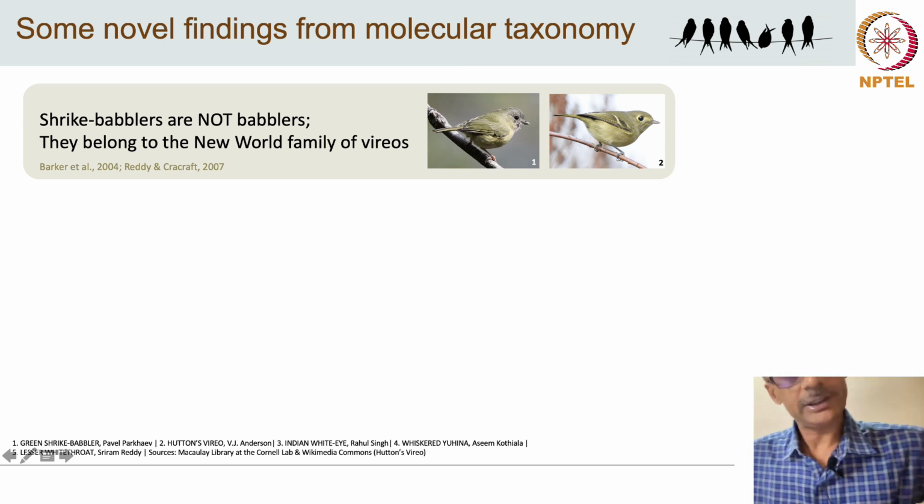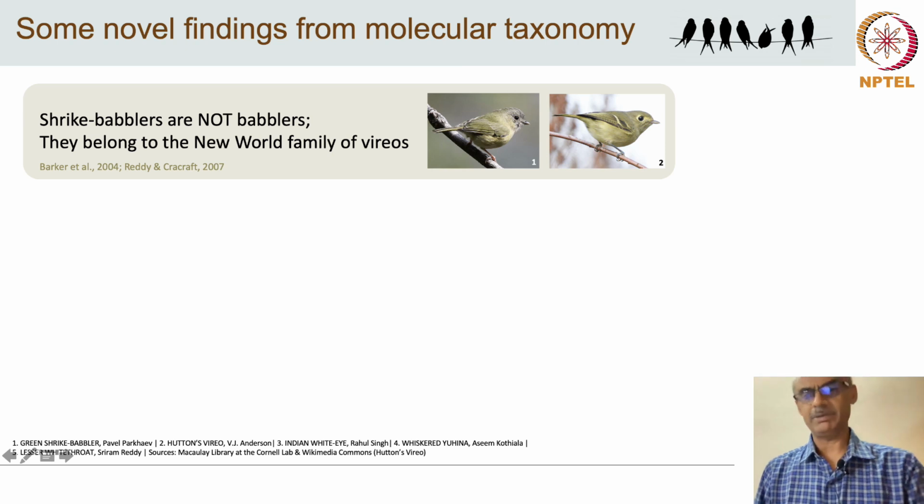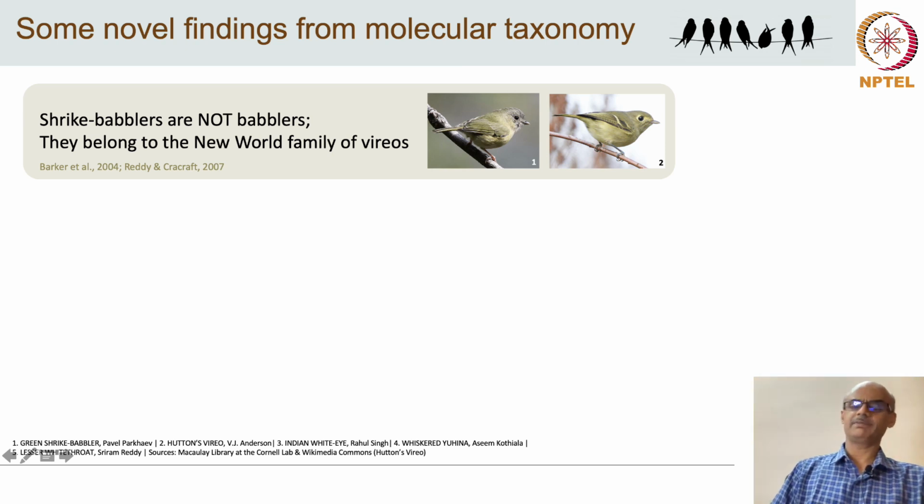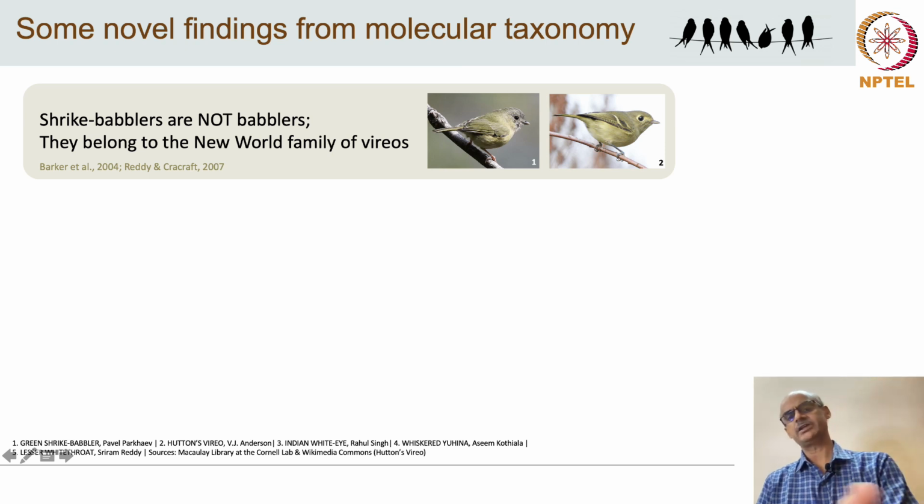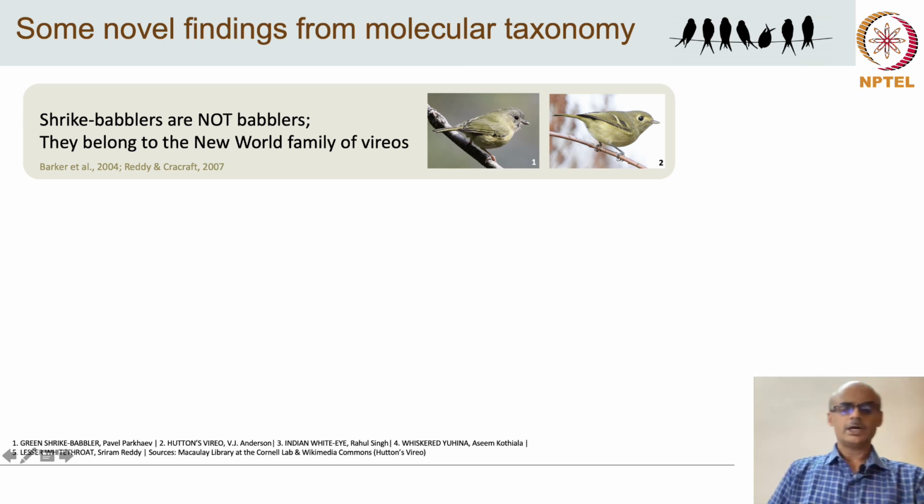So for a long time they were considered as babblers because they typically behave like babblers along the Himalayan forests. But later they have now been found to belong to the New World family of vireos. So what you see here, the first picture is the green shrike babbler, the second one is the New World vireo, the Hutton's vireo. So they look quite similar to the vireos, but nobody really suspected that they could actually belong to the same